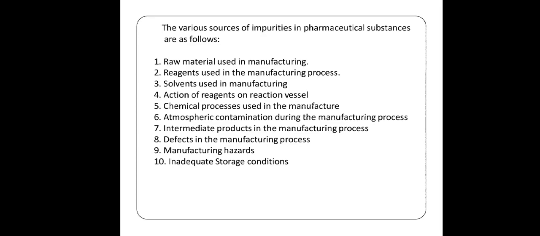And the last one, tenth, is inadequate storage conditions. So the chemical substances when prepared have to be stored in different types of containers depending upon the nature of the material or the quantity. So for example, chemicals react with the iron container. So when we store any of the chemicals in an iron container,